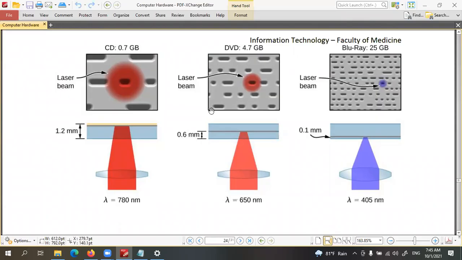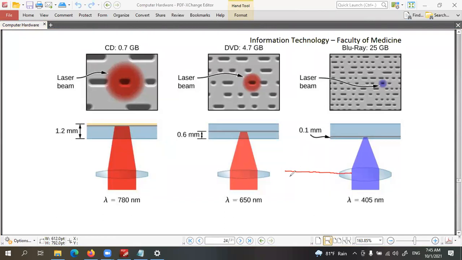You can see Blu-ray is used because of its wavelength, not the frequency, something like this.